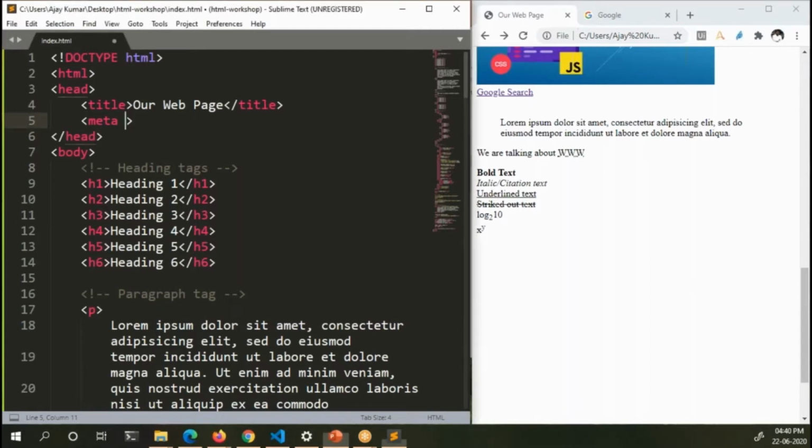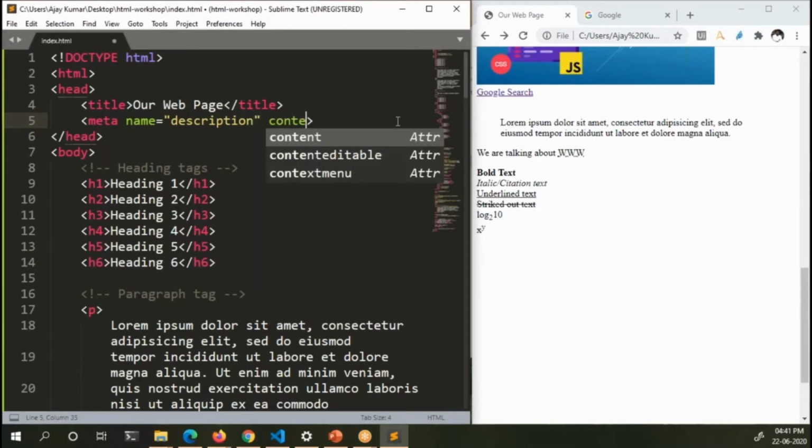So for example, if I want to provide a description, meta name is the attribute. Here I want to provide description, and the content, so the actual description, comes here.